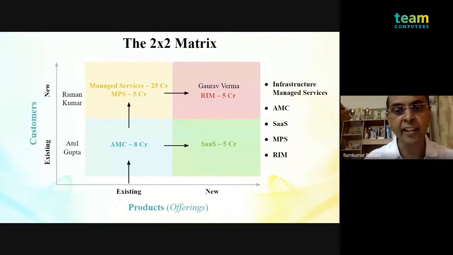I do this again through my own sources and intelligence, or I use Atul Gupta or Raman to help me identify the right person. But again, there's no substitute for my own research, and then I use the leverage of the existing base. I identify Gaurav as the person. Now, this quadrant is the most difficult because one, you have not dealt with him in the past because he's a new customer. You look at the graph, he's a new customer, and you also have a new proposition, RIM, where you've not had great success in the past. It's an evolving business.